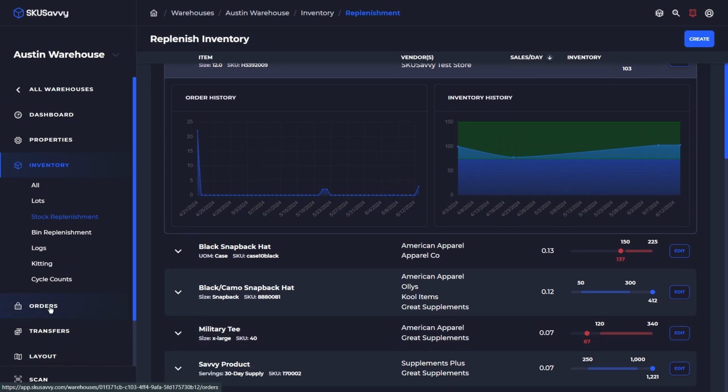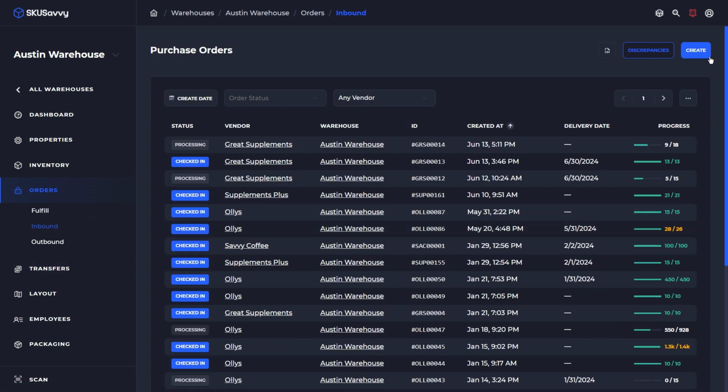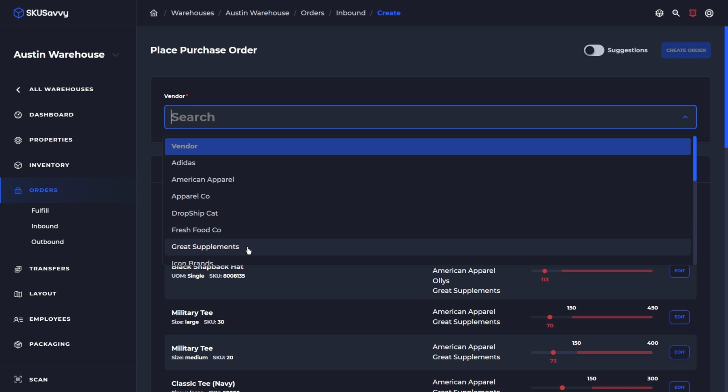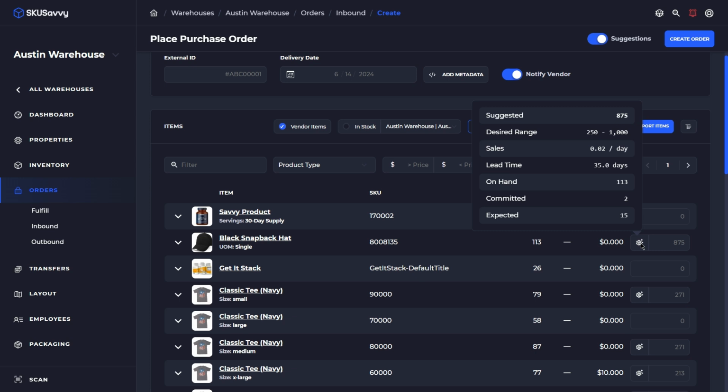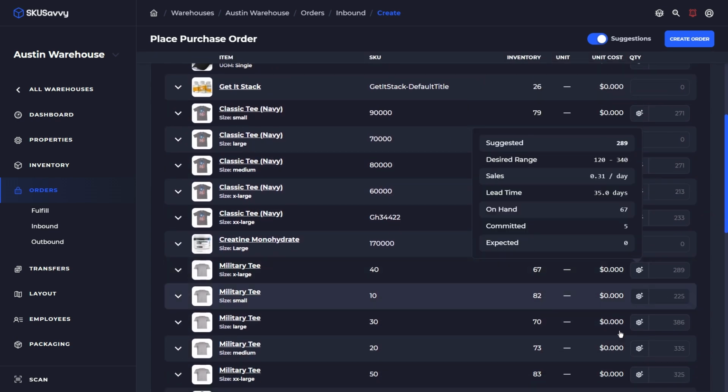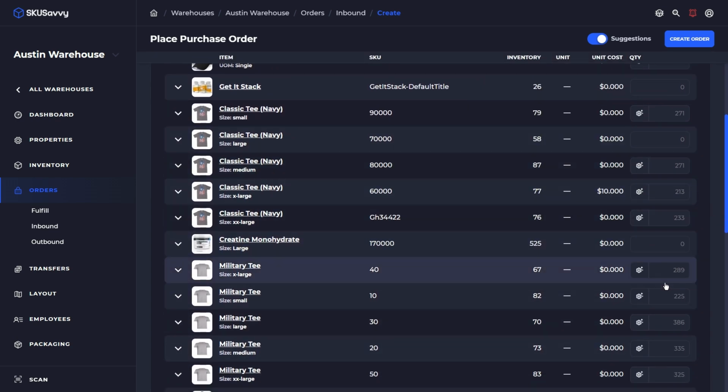And so now if we go back into the inbound order creation, we're going to see here that once we select a vendor and turn on suggestions, SKUSavvy is now pulling in all of this information to give us a suggested replenishment or purchase quantity in order to bring any single item back up to its maximum par value by the time that the order arrives. Again, factoring in what you've got on hand, what it's committed to, what's expected to already come in, what the lead time is from the vendor, how fast the item is selling. And so this is going to give us a value for each one of the items that match the criteria